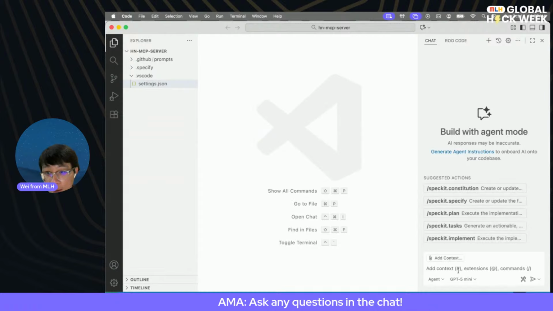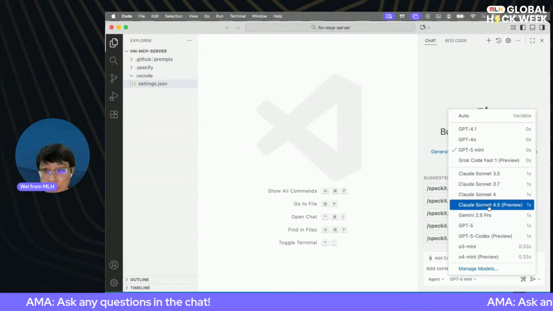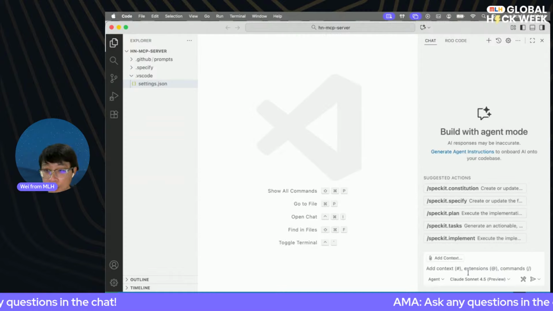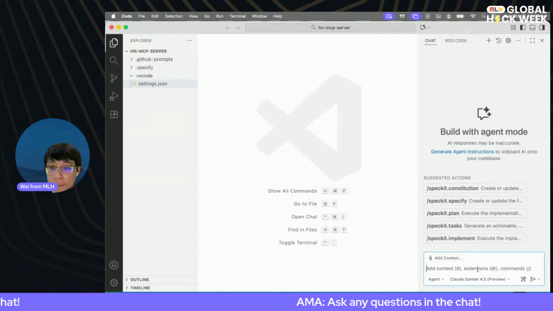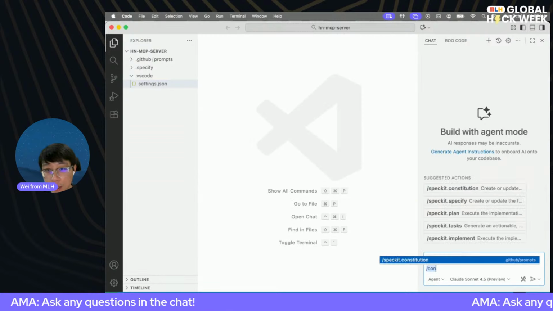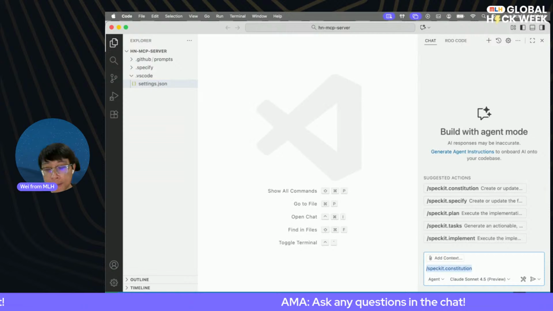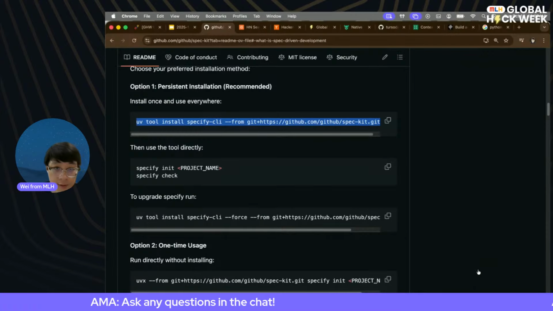All right, so now I can start. I'm going to use Claude Sonnet 4.5 for this project. I'm going to use the same model just to show you the difference in behavior with and without SpecKit, essentially. So I'm going to do constitution, SpecKit constitution. And if we look at their example,